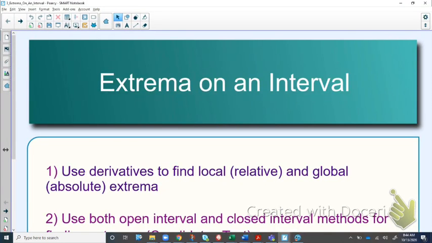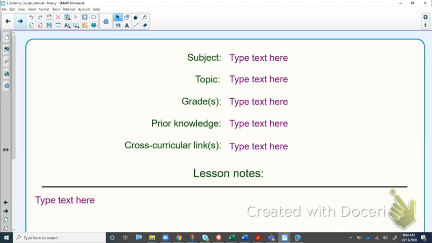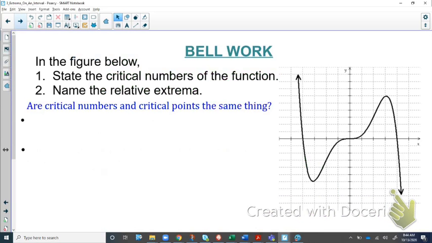Hey there, this is Mr. Piercy, and in this video what we're going to be taking a look at is how to identify extrema on an interval, meaning where is it going to have a minimum value and where is it going to have a maximum value. The first thing here, and I know this isn't part of your notes, but the first thing here